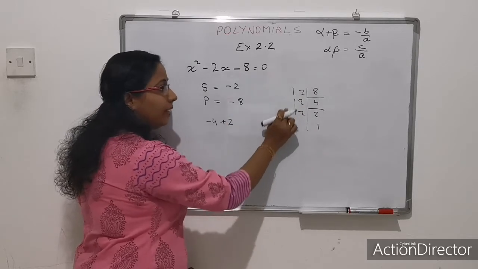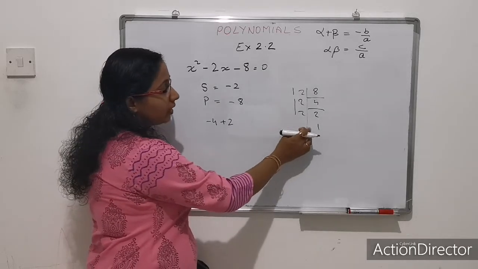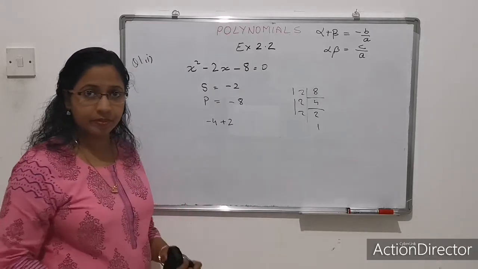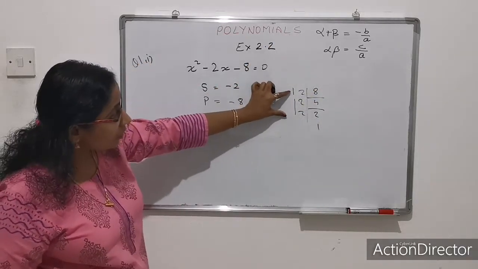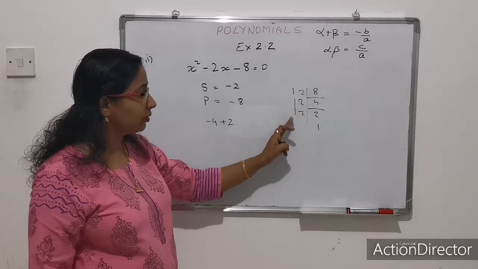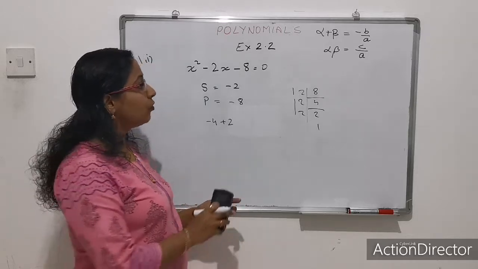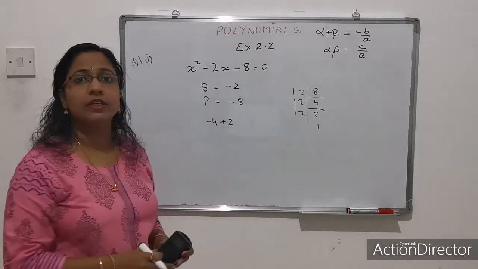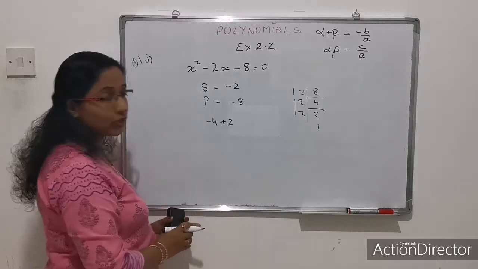So you should know how to find this. This is a pairing. We will do more questions. While doing more questions, I think it will be more clear. Right? You have to divide all the factors into two parts. Any combination. That will come to know while doing more and more questions. Now this is minus 4 plus 2.